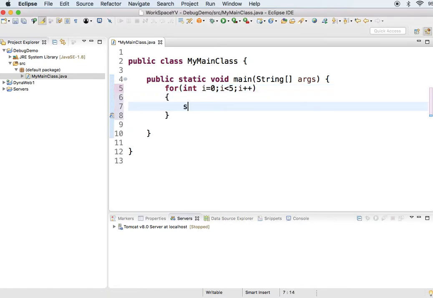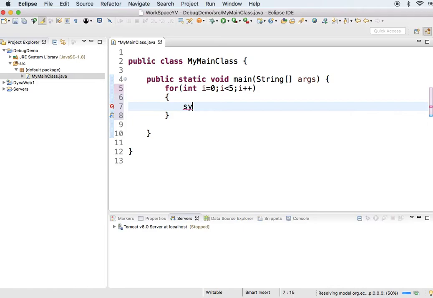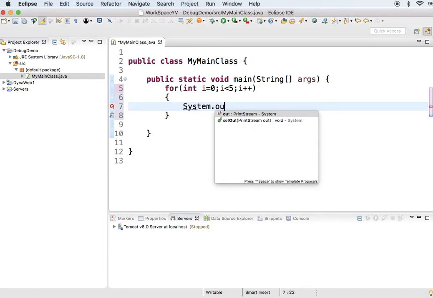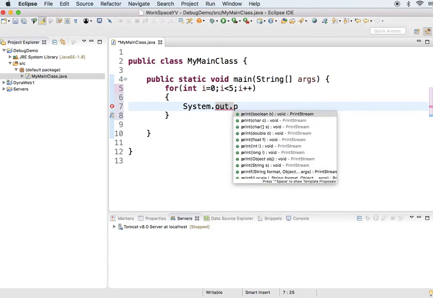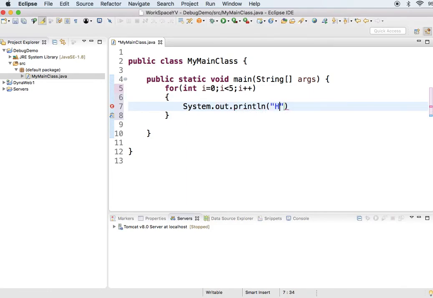Then I'll go for printing a line of output with the help of System.out.println, "Hello", and as well as I will go for printing the value of i.